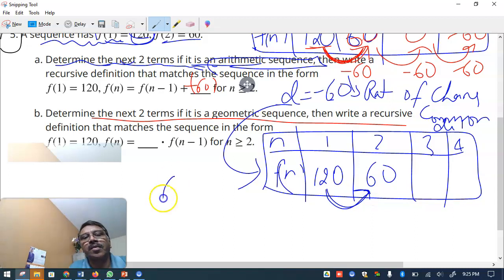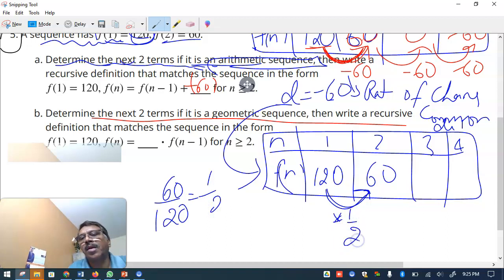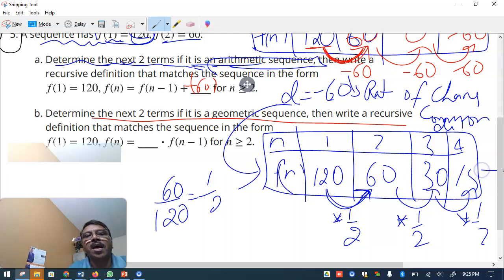The best way is to do 60 divided by 120, and you see it's a half. That means you're multiplying 120 by a half to get that 60. Again, you multiply by half, you get 30. And again, you multiply by half, you get 15. And that's all they're asking you. So you're supposed to write down this is half. And this is